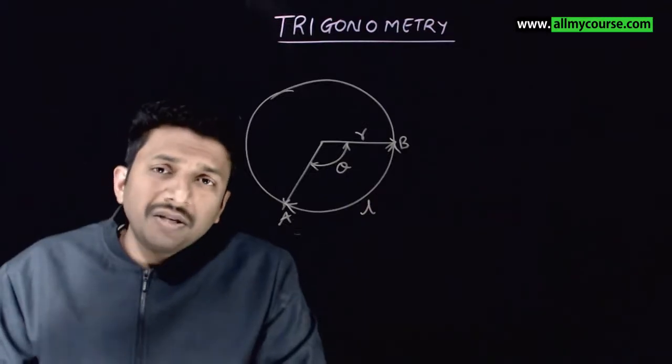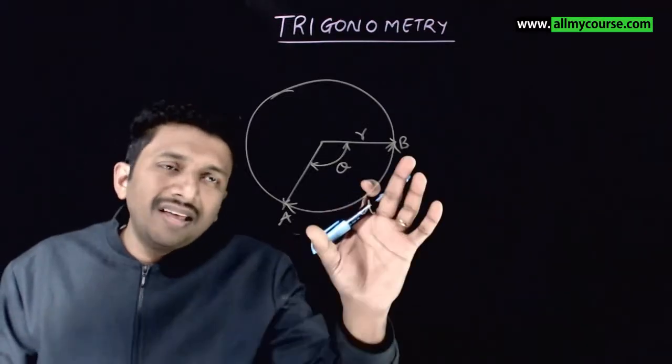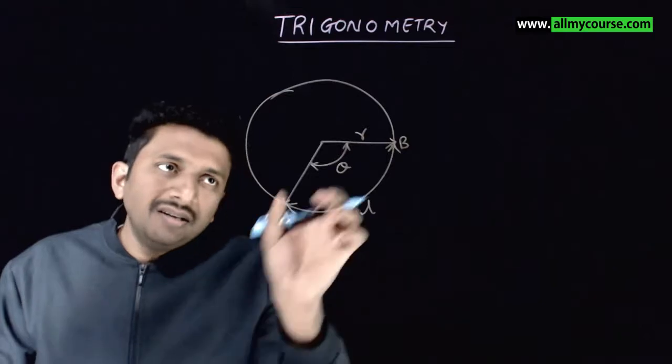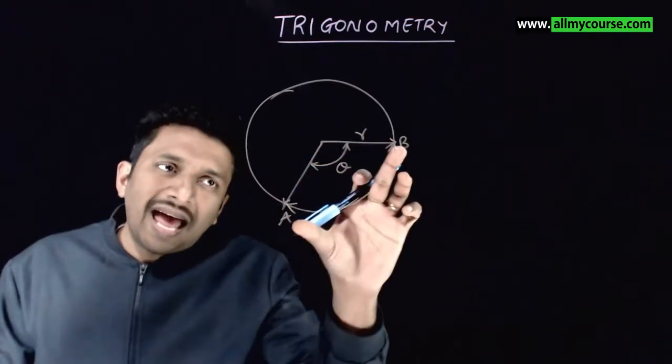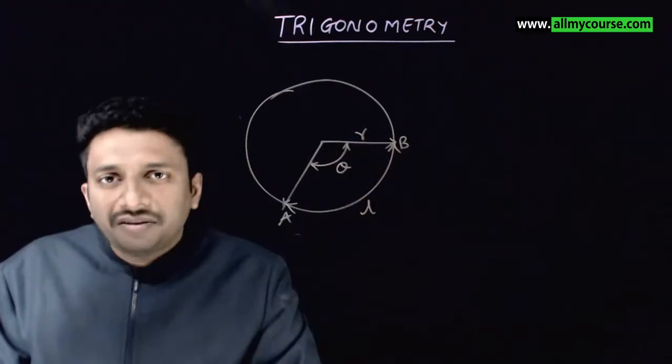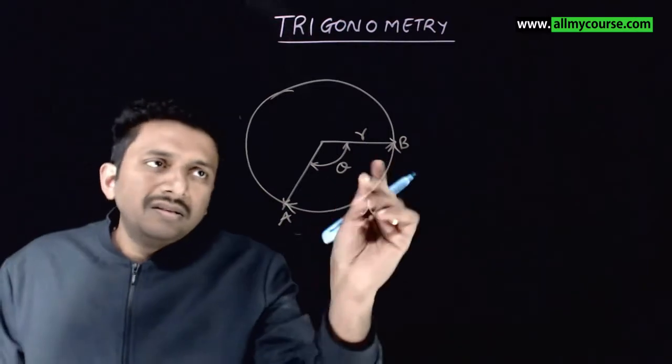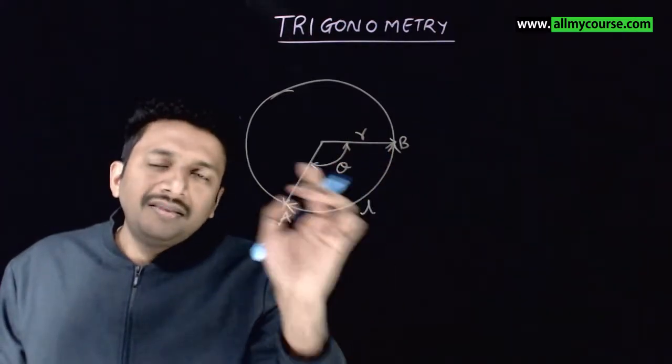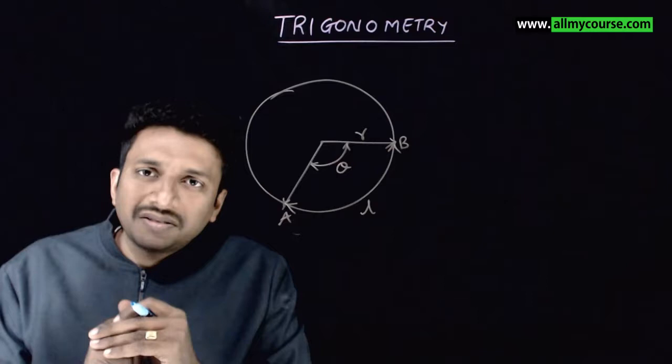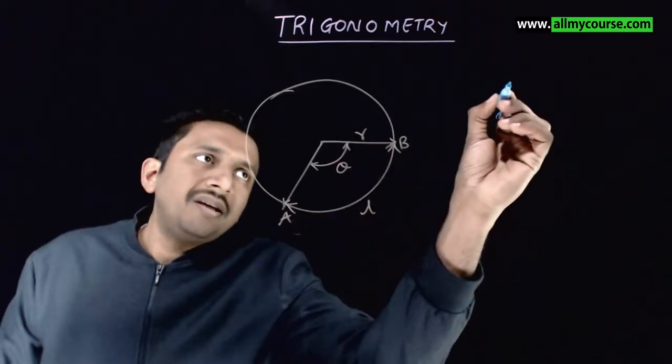So in this video, let's look at the relation between the length of arc of a circle, its radius, and the angle subtended by this arc at the center. So R, L, theta, what is the relation between these? So from our theory, we know that